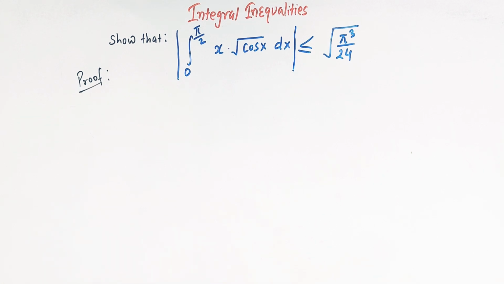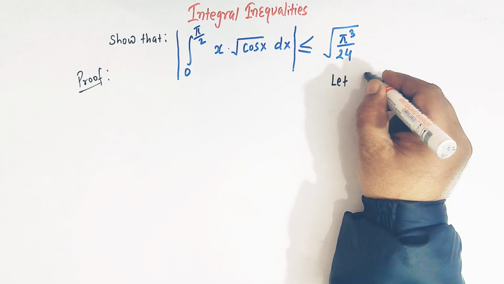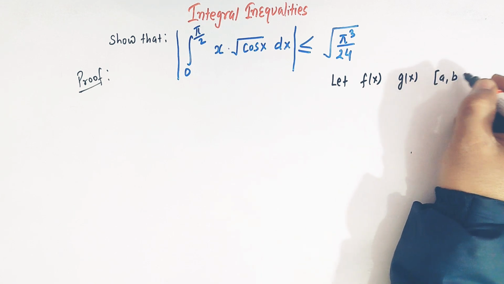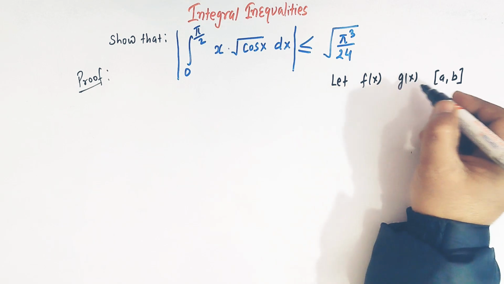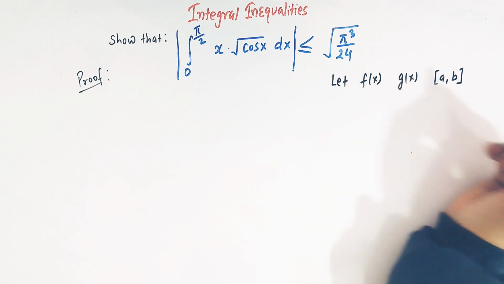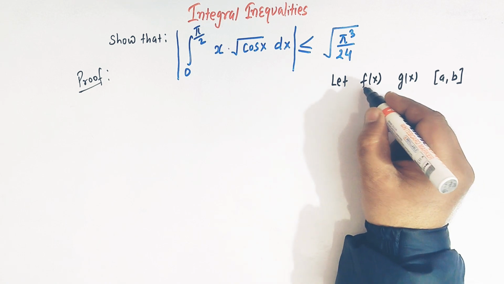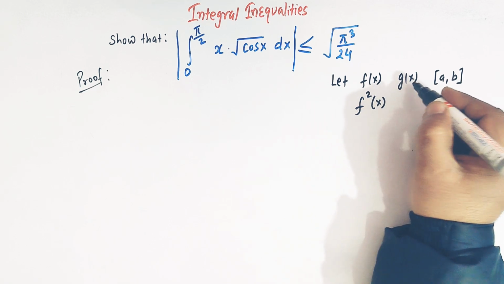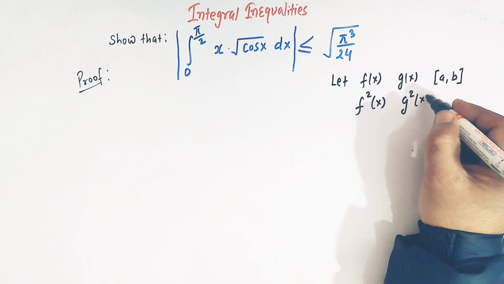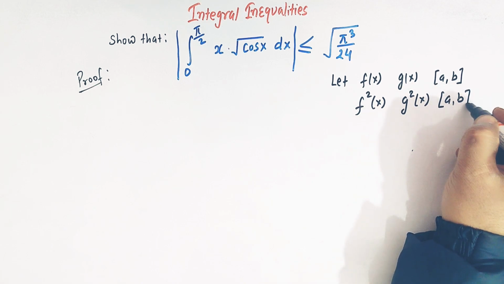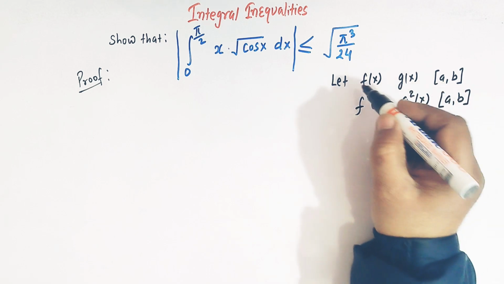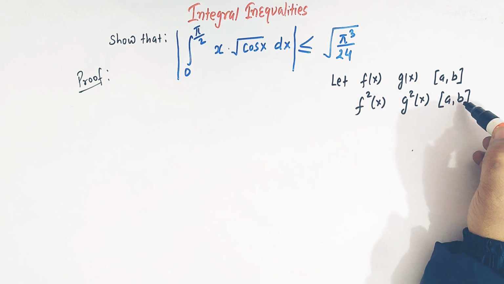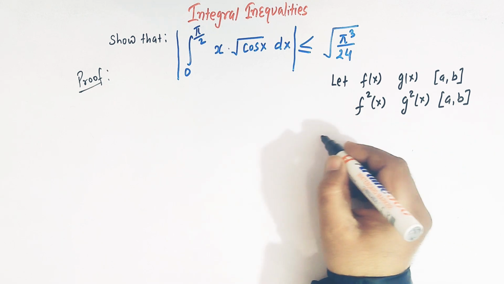If we have two functions f of x and g of x defined in some interval a, b, and both are integrable and continuous, and the squares f square and g square are also integrable in the same interval a, b,